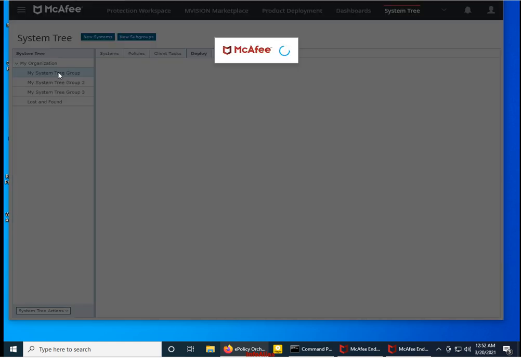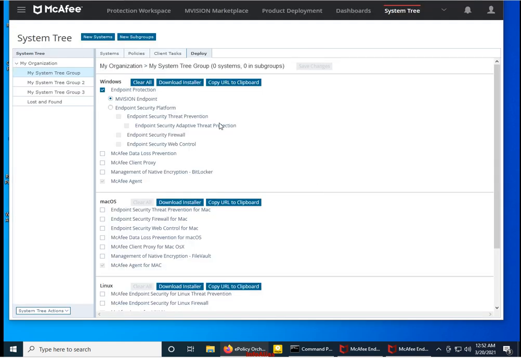You need to select the groups and you can specify the product as per the group requirement. Suppose you want to deploy the endpoint security platform to this group, and you want to deploy the mVision endpoint product to this group, so you can deploy the product group wise. The best part of McAfee mVision is product deployment on a group basis.